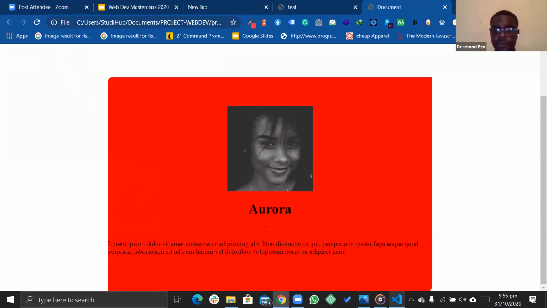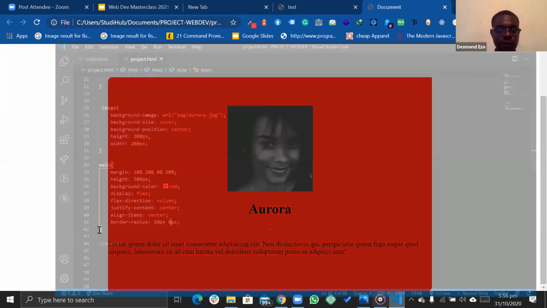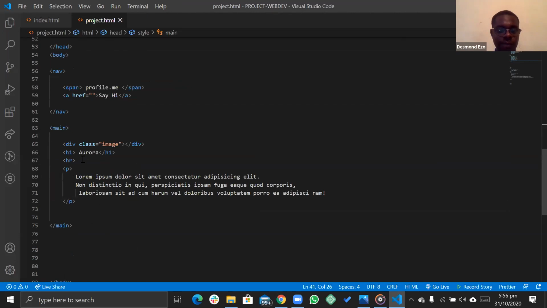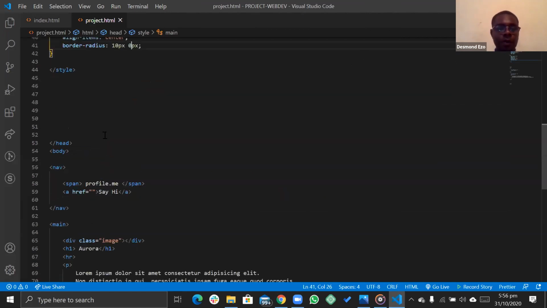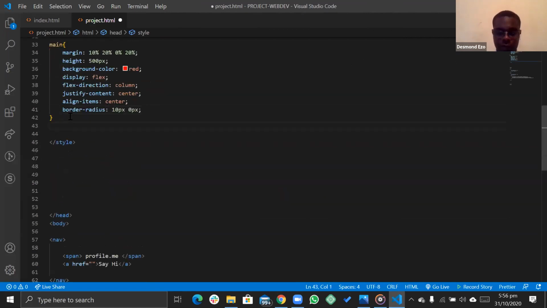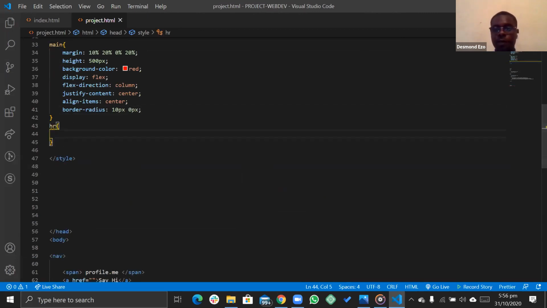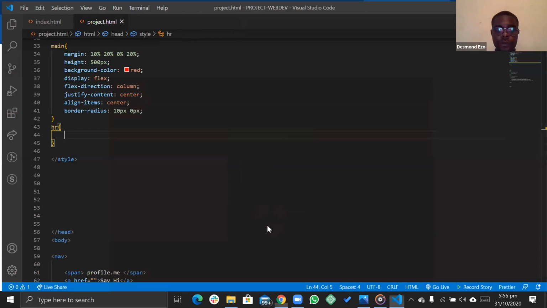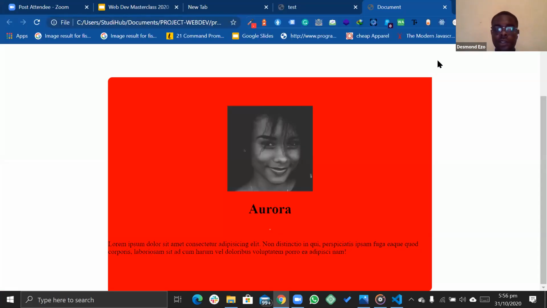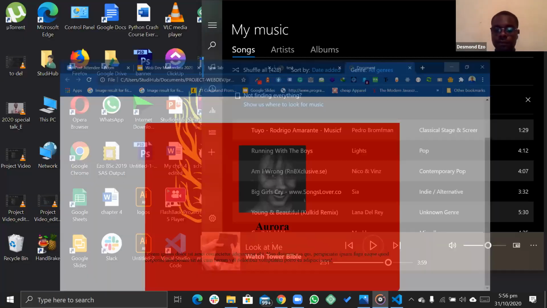So the next element that we want to style will be, I'm going to fix that shortly. I just want to save time. Next element we're going to style will be the H1 and the horizontal row. So the horizontal row isn't showing up here. It's just a tiny dot here. To fix that,